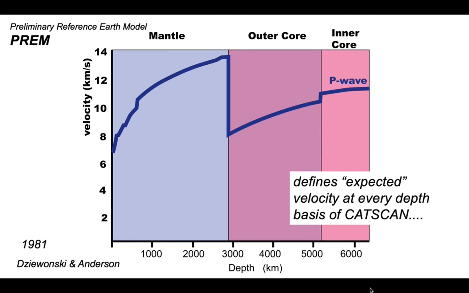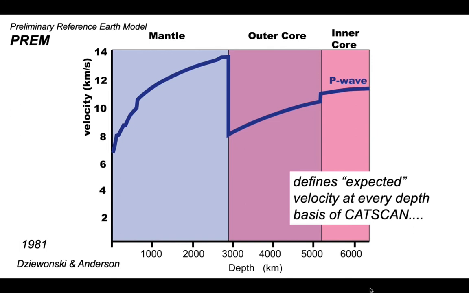So we go back to the PREM plot for P waves. These are defining the expected seismic velocities for P waves in the mantle, the core. So the PREM model defines the expected velocity at every depth. Therefore, if we have particular records that deviate away from this, we can use these deviations to image detailed structure